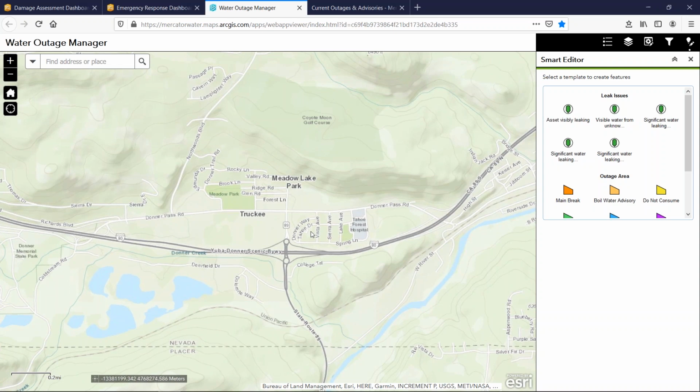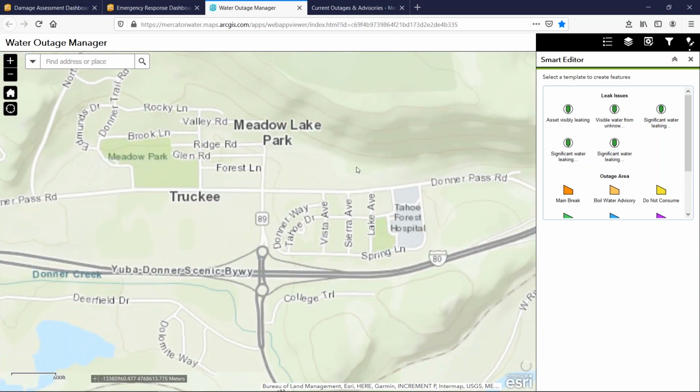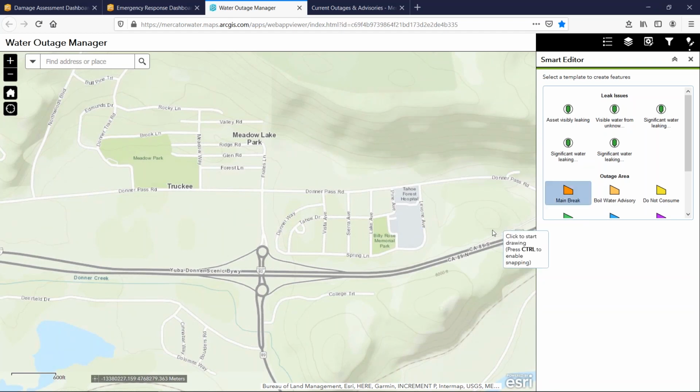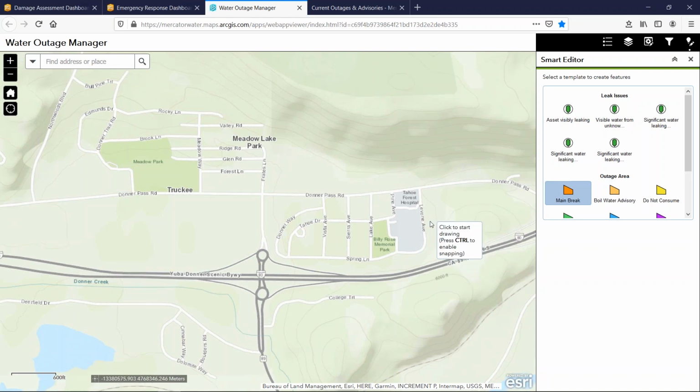Now, in the first webinar, Jason shared how analytical tools like a valve isolation trace can be used to very accurately determine what infrastructure will be impacted by an outage, what customers will be out of service, and what hydrants will be affected. But any utility can provide an app like this, especially in emergency, to engineers, operators, customer service to draw in the outage area and communicate this information immediately with anyone who needs it at the utility.